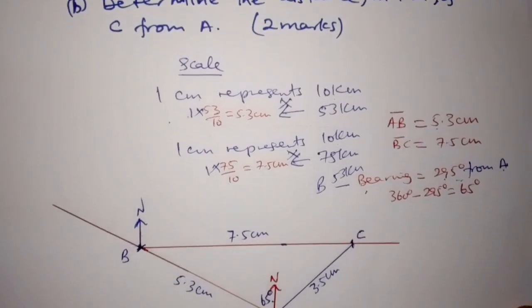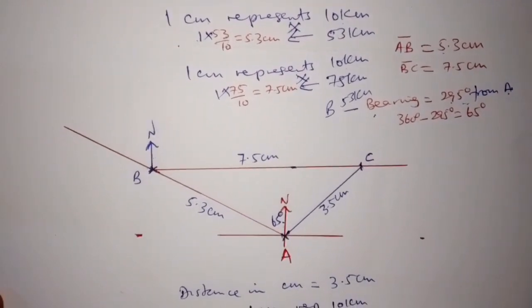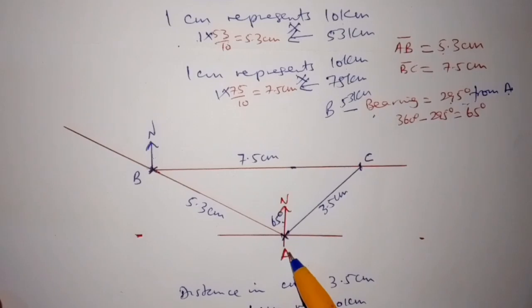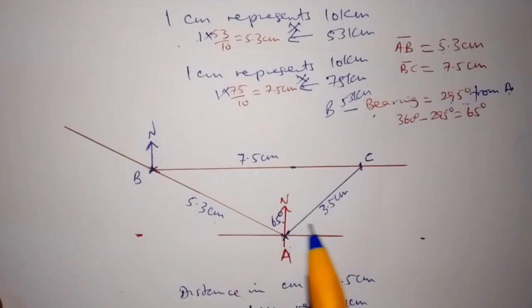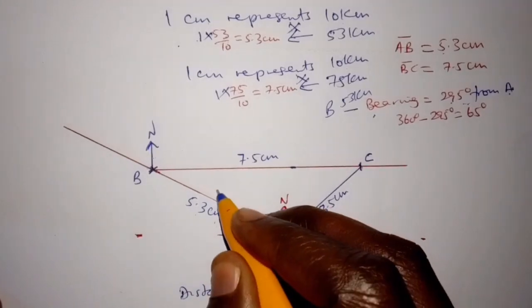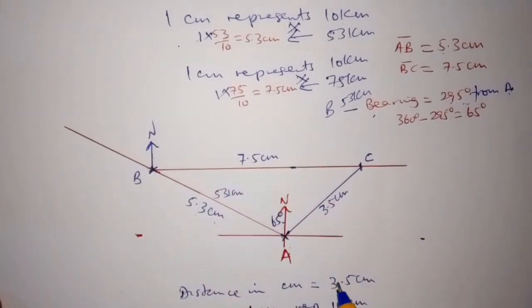So we can draw a sketch like this one here. Our first point is A. And we are being told that B is 53 kilometers away from A. That is 53 kilometers, which is represented here by 5.3 centimeters, from here to here. And the bearing is